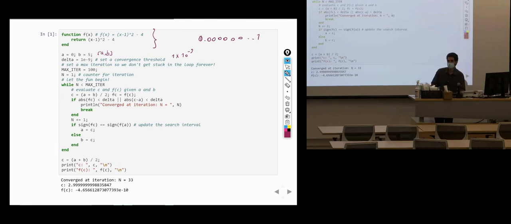Now you need to set a maximum iteration, because if you don't do that, in a lot of algorithms, you might get stuck. What if it never converges? You just stay there forever, right? So make sure you have a maximum iteration. For me, it's 100. I also want to count the number of iterations, because I want to know after how many iterations the algorithm converges. I call this n